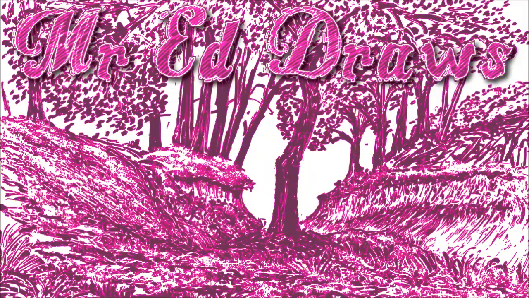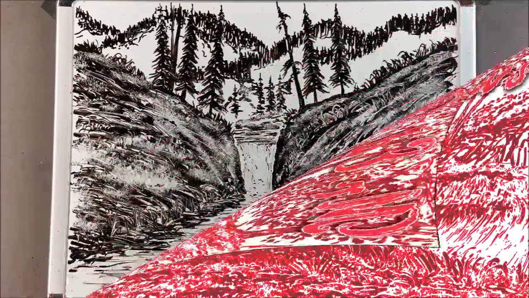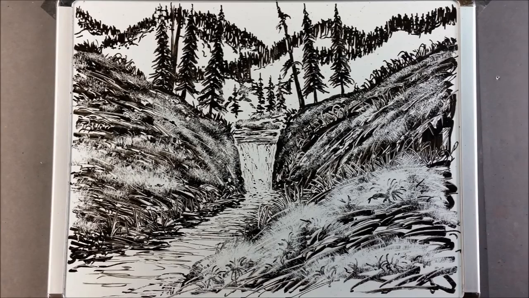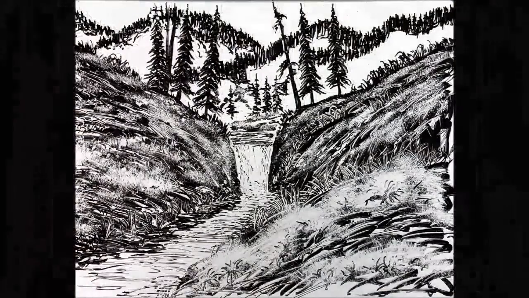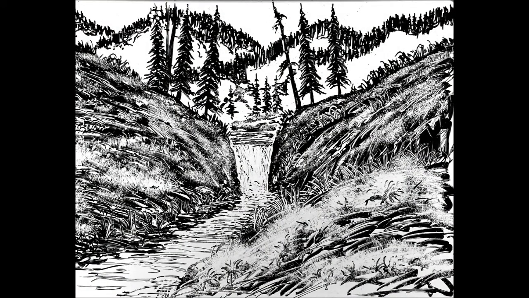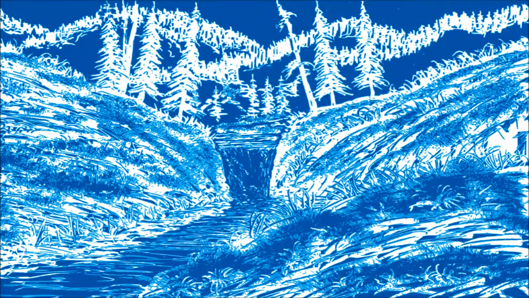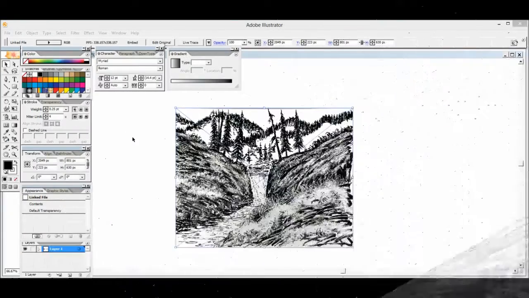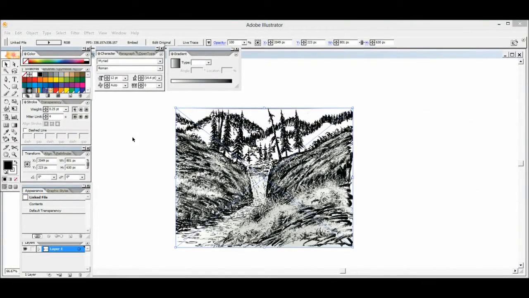I take a photograph of my dry erase sketches before I erase them, and I put it in Photoshop and crop it and try to adjust the contrast so I get as much of pure white and pure black as I can get, and then I take that into Adobe Illustrator and I can manipulate it and come up with images like those. So here I've got CS2 Adobe Illustrator open here, and I've imported the JPEG rendering from